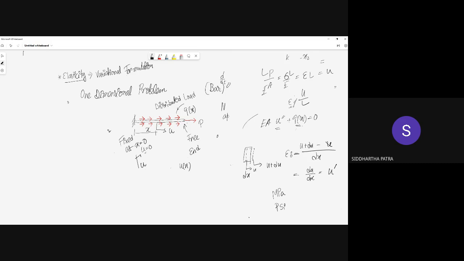Because when I later ask somebody that force by area is not a unit of anything, then people come up with this answer: Newton by meter squared. And that quantity itself has a name. Okay, nobody cares to mention that. Then I ask that person what is the name of that unit. Then somebody says Pascal, but Pascal is very tiny. Even if you consider it to be a unit of stress, that's a very tiny unit of stress.